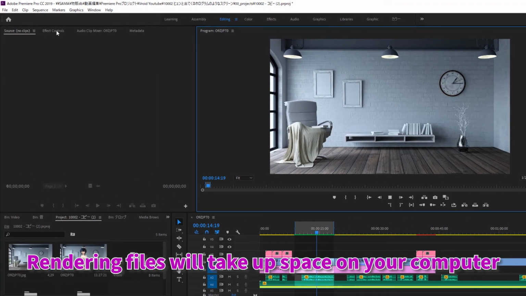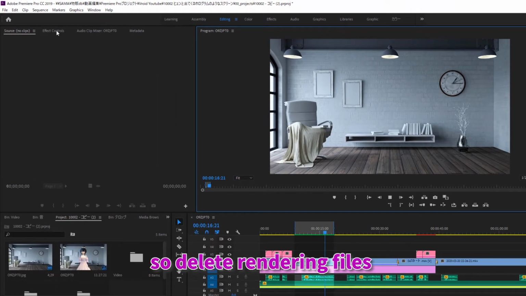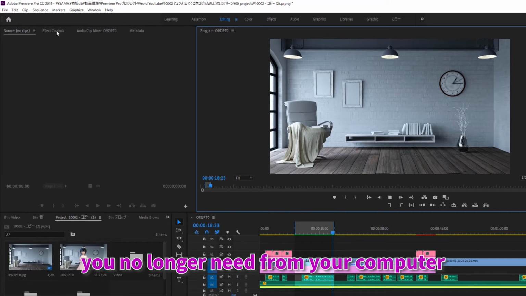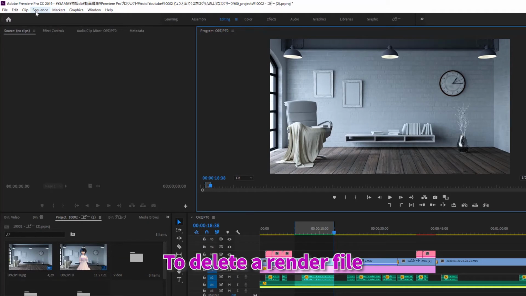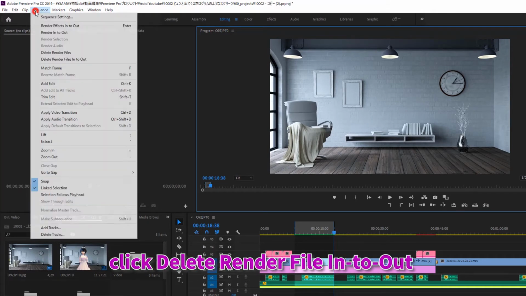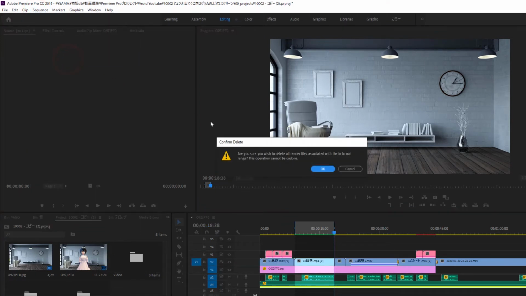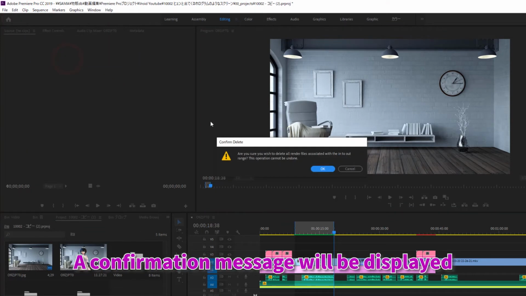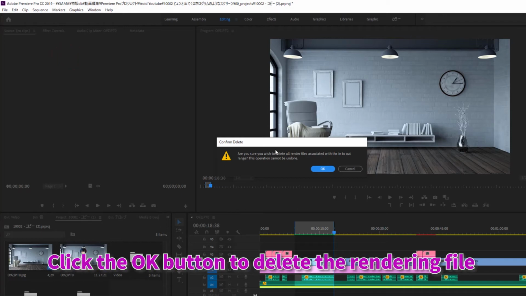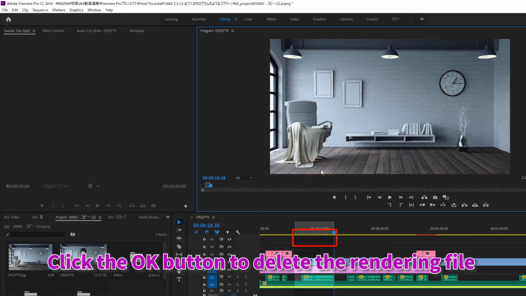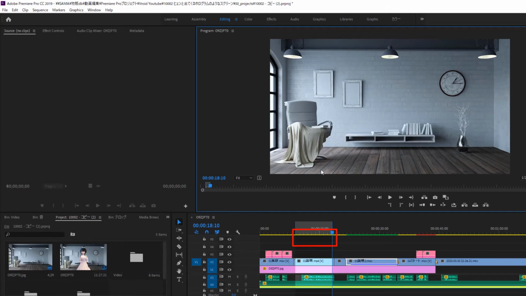Rendering files will take up space on your computer, so delete rendering files you no longer need from your computer. To delete a render file, click Delete Render File In to Out from the sequence in the menu bar. A confirmation message will be displayed. Click the OK button to delete the rendering file in the area surrounded by In and Out, and the display